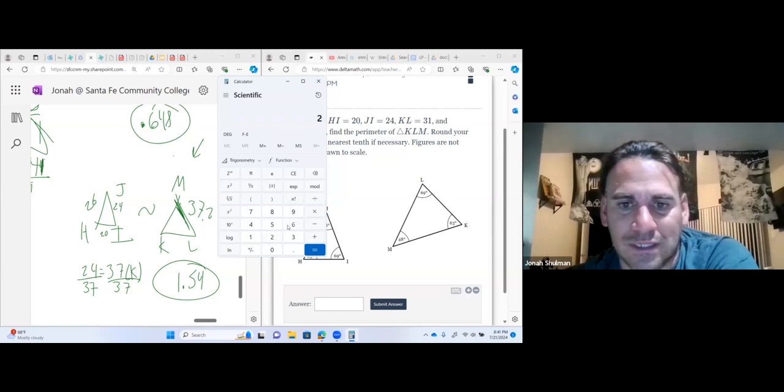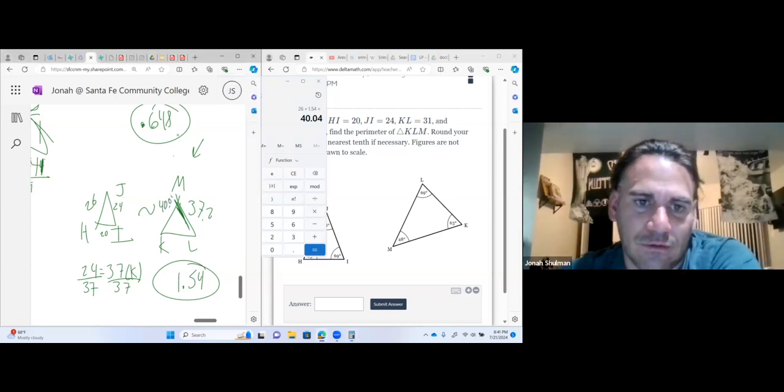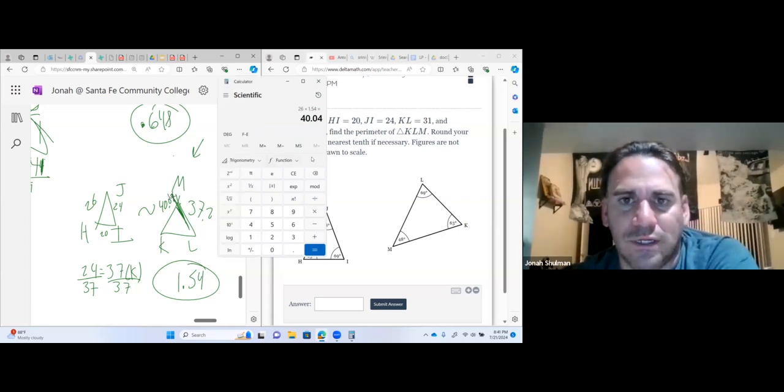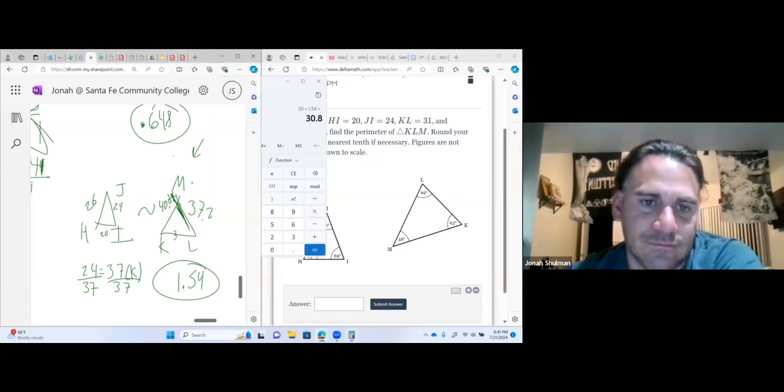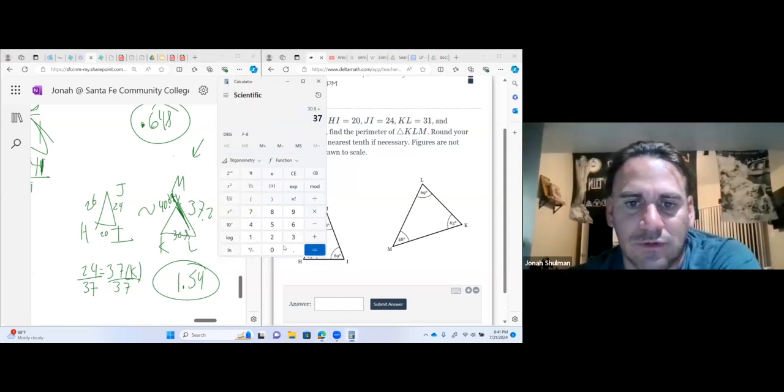So 26 times 1.54, that's the scale factor. That's how much bigger it is. 40.04. And then this is 20 times 1.54. So the bottom is 30.8. So then we just add them together. 30.8 plus 37.2 plus